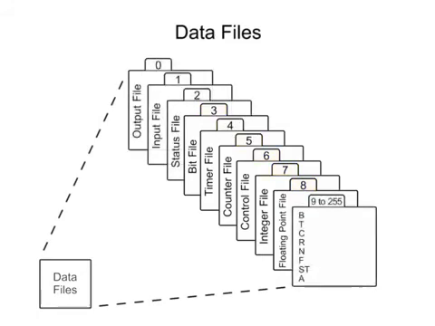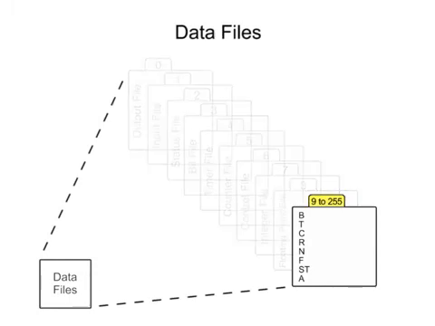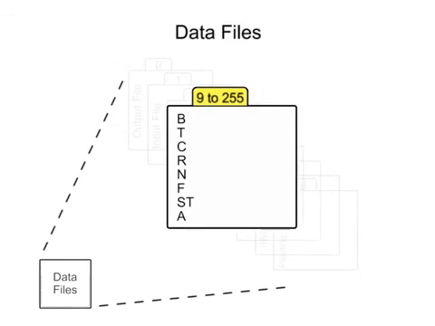File number 9 to file number 255 are user-defined data files. These files can be used by the programmer to store the status of different data bits, timers, counters,